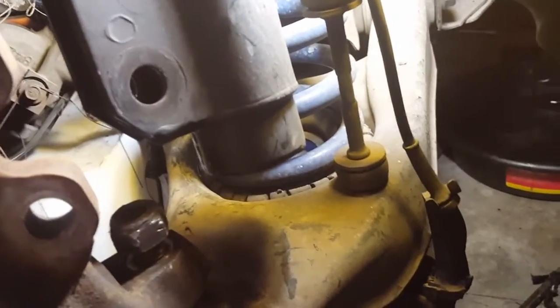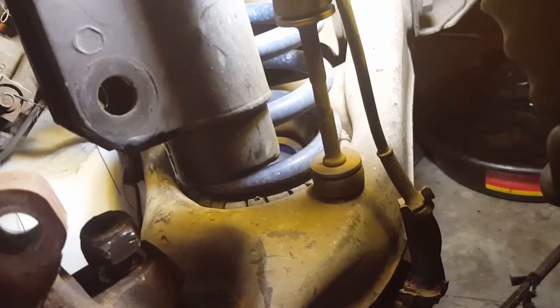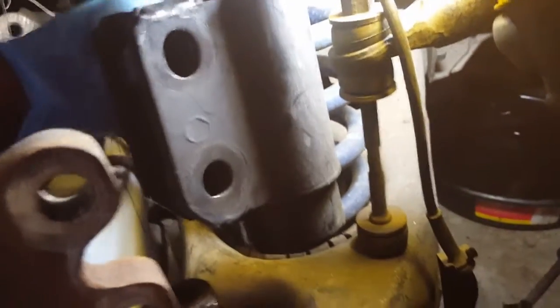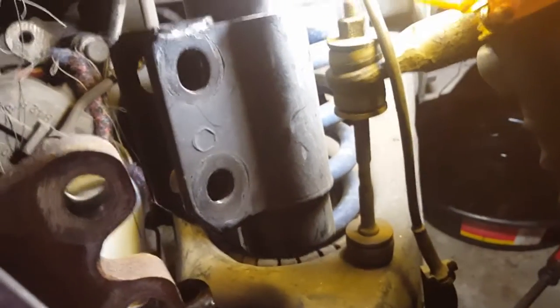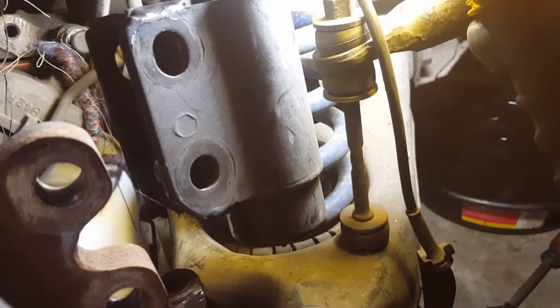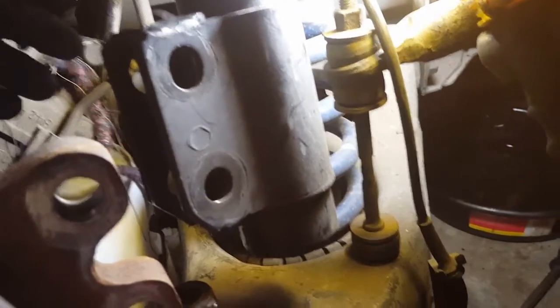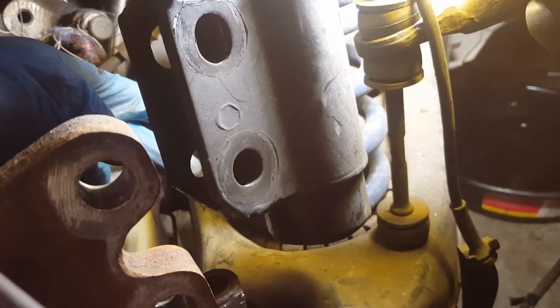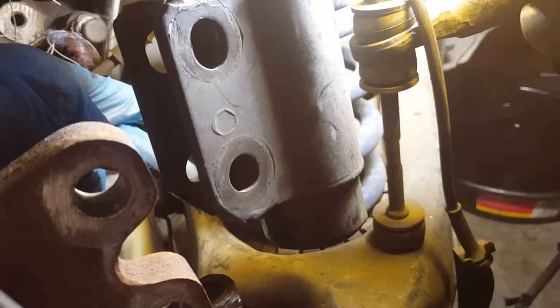So we're going to get this hub off, and we'll get those two off in the back to get this tie rod end loose, and get those two bolts in the back loose to drop this A-frame lower and get these shock mounts out. And then we're going to install the A-frame, or the lower control arm, and we're going to leave everything loose because we're waiting on the energy suppressing isolator coil rubber